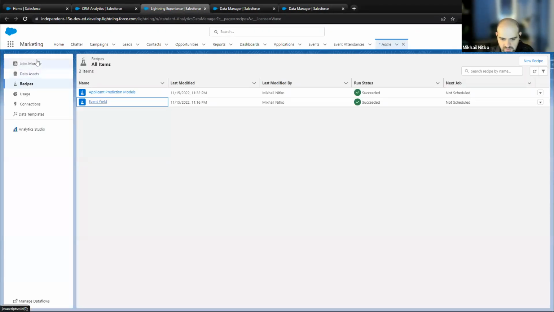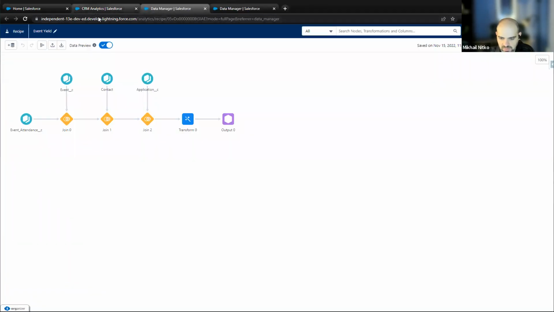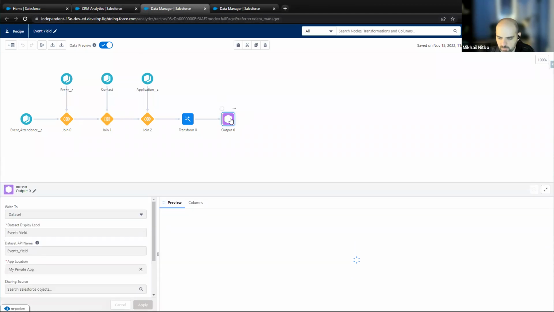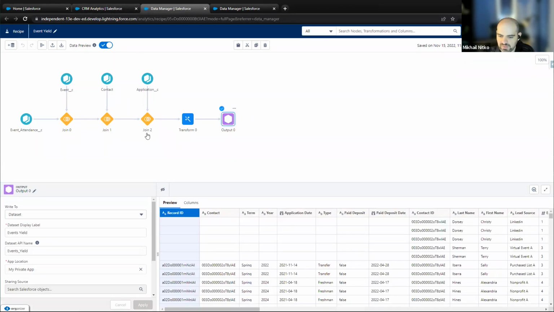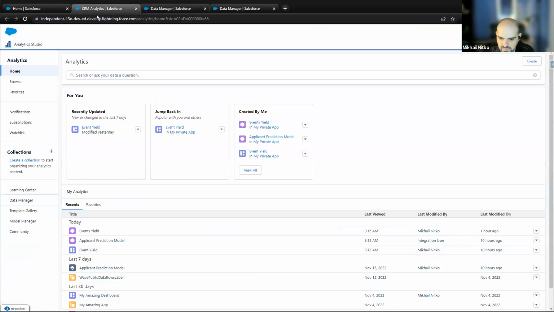So right here, we just completed a recipe, and we're going to go ahead and output to this data set. We're going to save and run, and you let this whole thing run. It creates the transformations, it creates the new fields, it does all the calculations for you, then it deposits the data set. After it deposits the data set, you will then go back to your analytics app, and you will go to create. Up here, you will create a dashboard, and the dashboard looks like this.